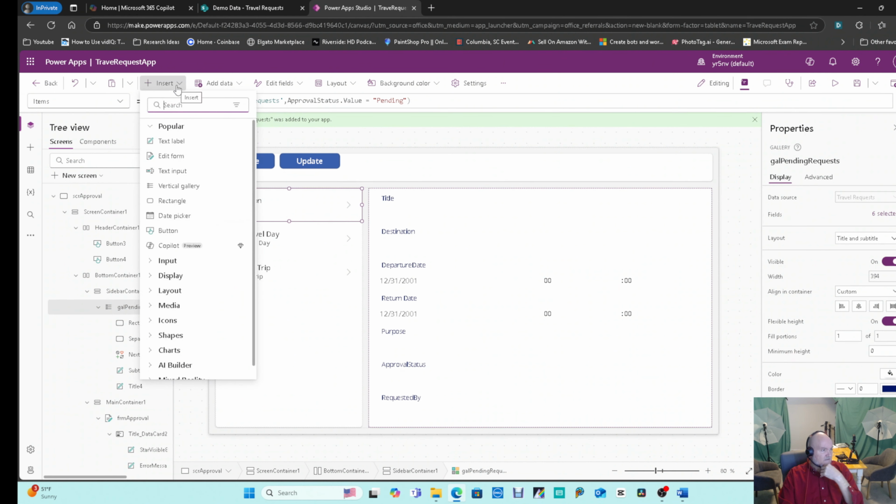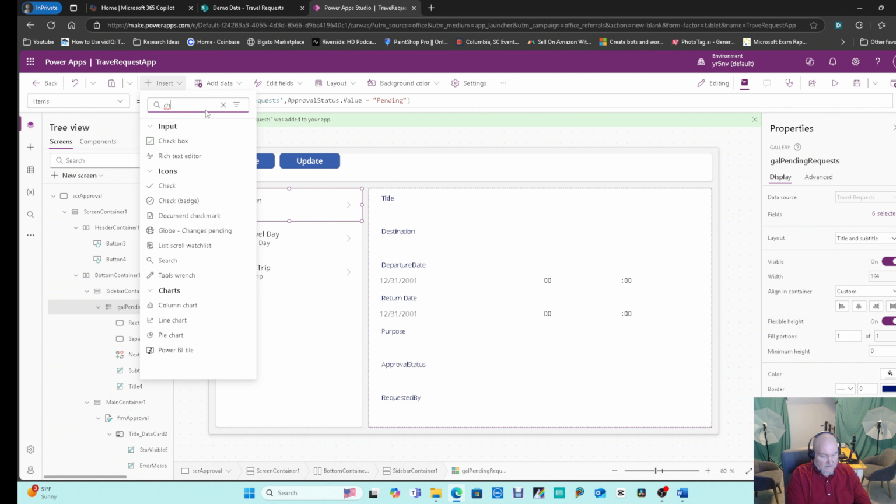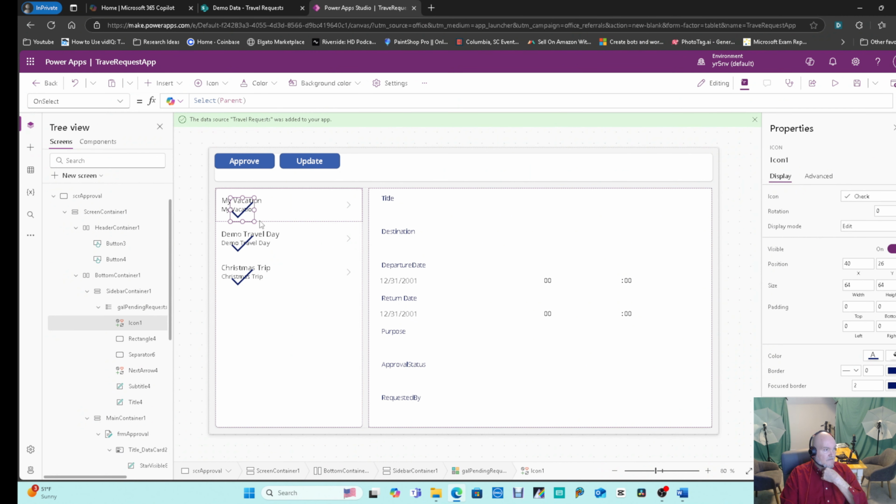So we're going to insert. And you'll notice that we have icons down here, right? So we have a number of icons, and if you don't know what you want, if you want to find something quickly, you just search for it. So if I do check, you'll see we have the check, and I'm adding this check to this. And you'll notice that it shows up in each one of these. And it will, because this